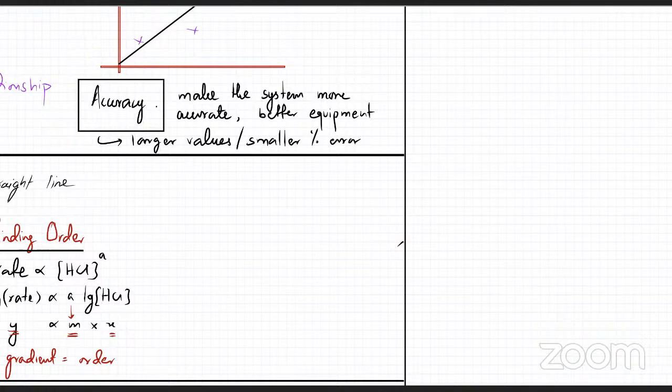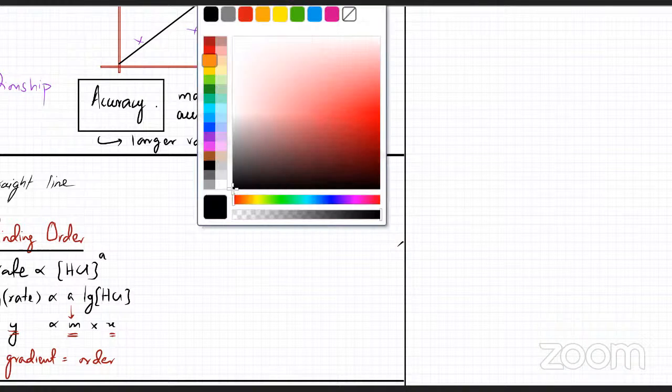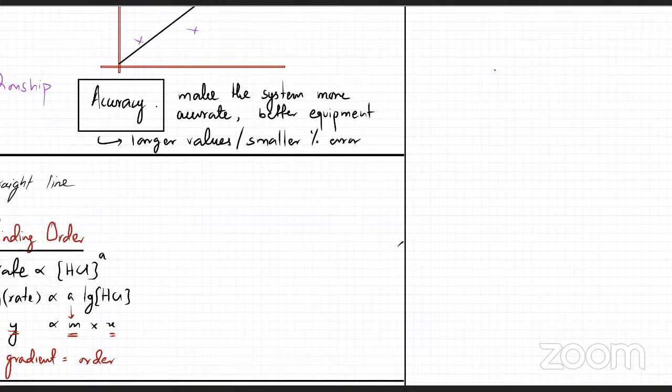Dealing with small quantities, your results are always going to be more inaccurate. For example, if I have 2 grams and the device has an error of plus or minus 0.1, what is the percentage error? If I try to measure 2 grams and there's a plus or minus 0.1 error in the device, that means 0.1 divided by 2, times 100. So that is 5%, right?